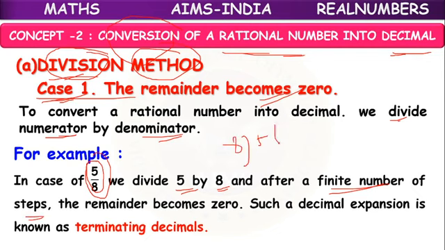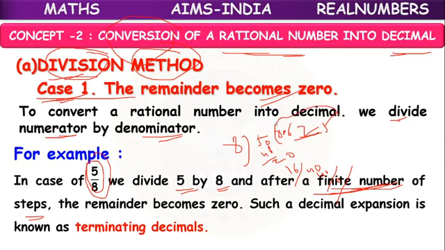we are dividing 5 with 8. It is less than 8, so we can keep 0 point. We can take 0 here. 8 6 times 48, 2 is remaining. The point is already there, so we can take one more 0 here. 8 2 times 16, 4 is remaining here. We can take one more 0. 8 5 times 40, so the remainder is 0. Means after a finite number of steps, after 3 places after the decimal, the division stopped.